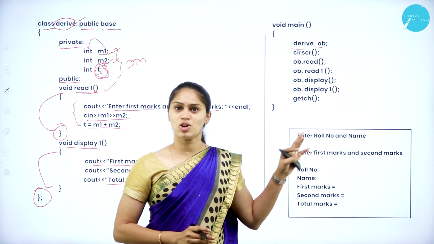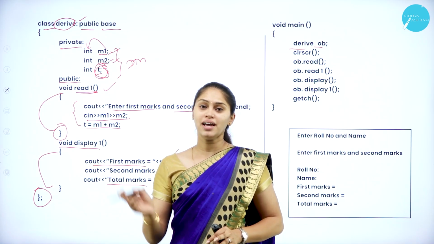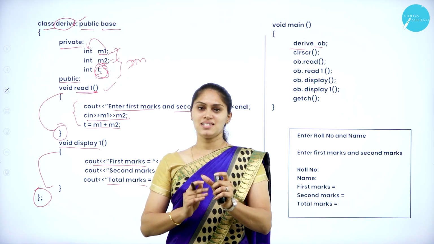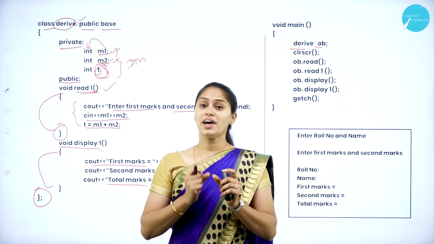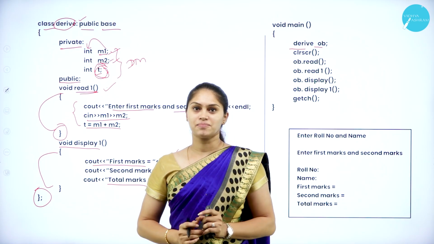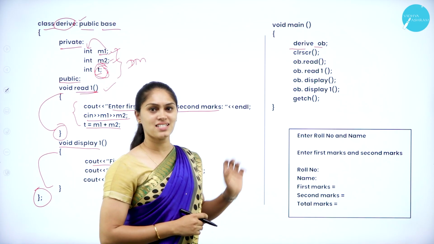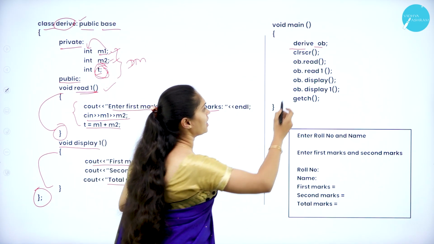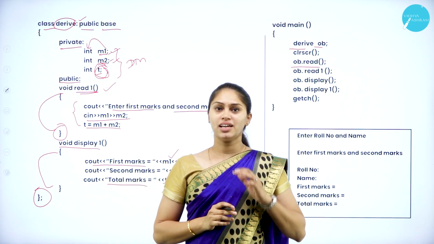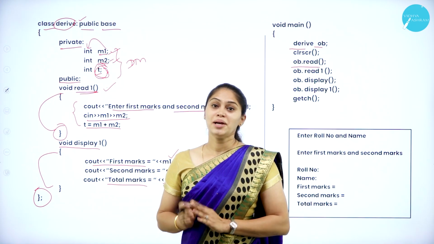With the help of this object, I am going to access the data members and member functions of the base class. Which is the base class here? Class base is the base class name. I am going to acquire the properties from the base class to the derived class. Here you can see that I am creating an object for the derived class, that is derive OB. After that I am calling a member function called read. Read is a member function. Does it come under the base class or the derived class? It comes under the base class.